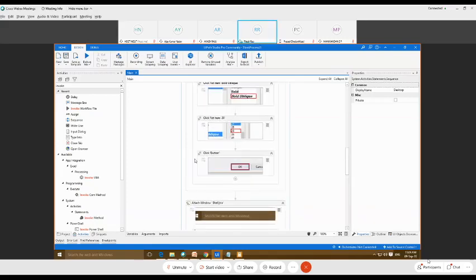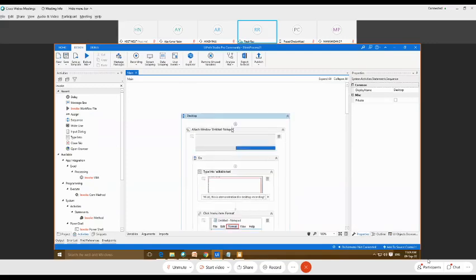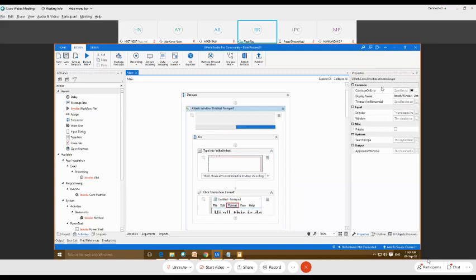And after this, if you want to change anything, if you want to provide delay, we can provide delay just by clicking any activity. The corresponding properties panel will open on the right side. You can see the selector window. What we talk about here is providing the selectors, so therefore we are getting this option. Once the selector topic is discussed, then we can easily understand what a selector is.